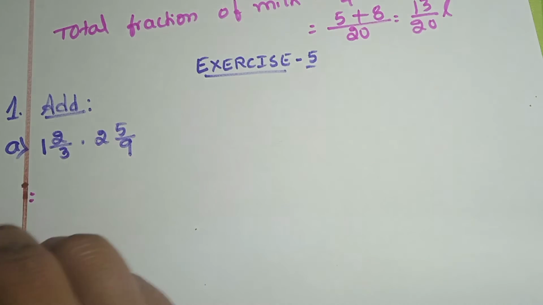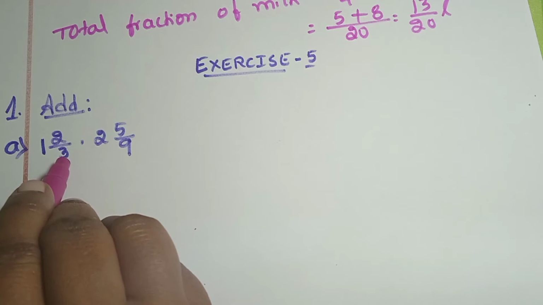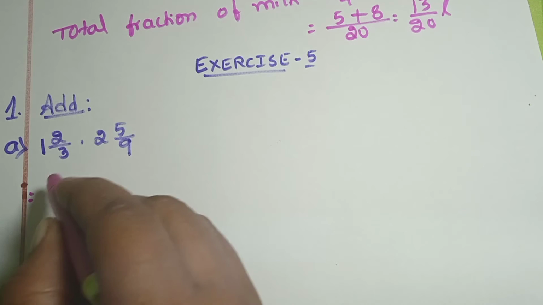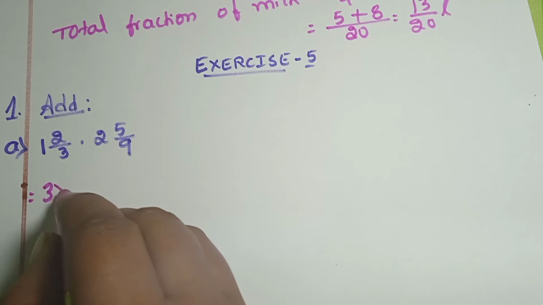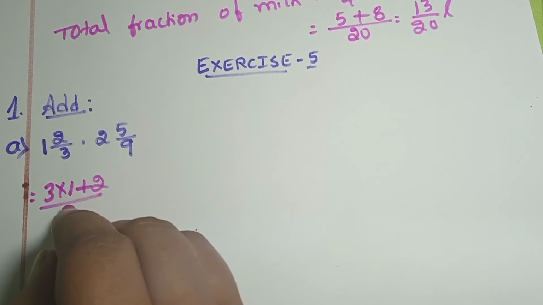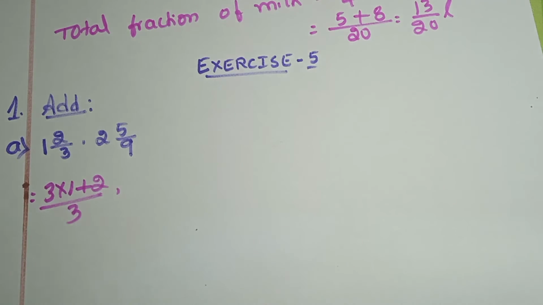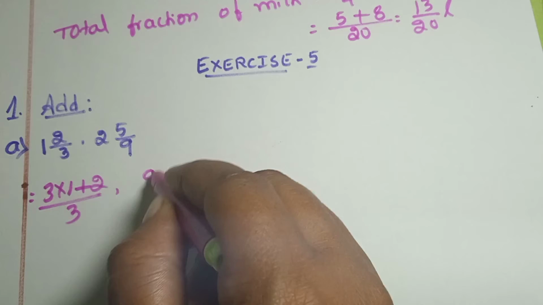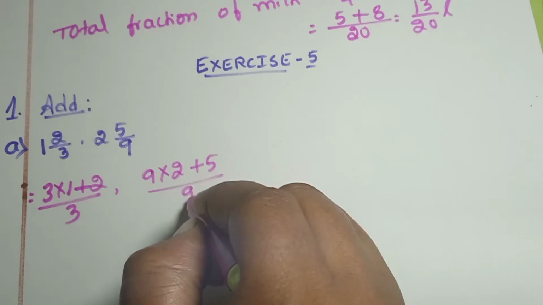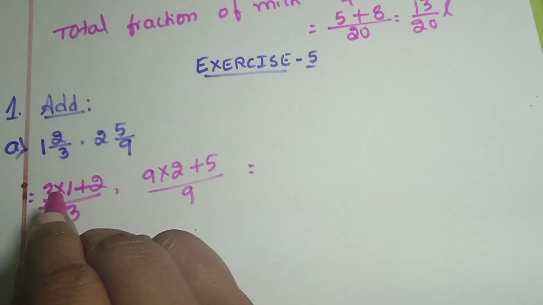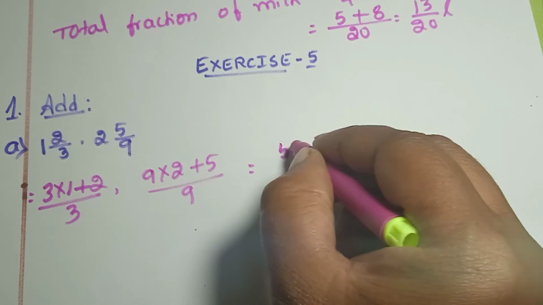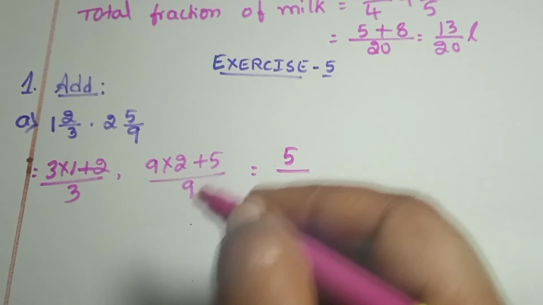How to convert? You should multiply this mixed number to the denominator. 3 ones are 3 plus 2. Okay, I will write one step. Okay children. That is 3 ones are 3 plus 2 divided by 3. Okay, this is the conversion. Here also 9 into 2 plus 5 divided by 9. That is equal to, children, 3 ones are 3. 3 plus 2 how much, children? Yes, 5. 5 divided by